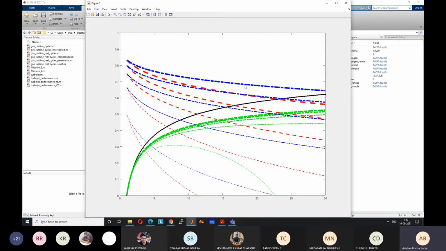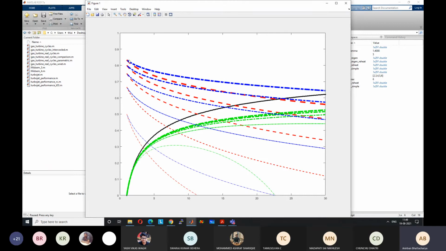Theoretically, obviously, but in real life, what will happen? Because of these additional devices, there will be more pressure losses in the regenerator and in the extra combustion chamber. So ultimately, we cannot just keep on adding more and more devices, because one is that the capital cost, the initial cost, will increase. Second is that the losses will increase, which will have a negating effect. It will somewhat temper the increase in efficiency, somewhat lower the increase in efficiency from the ideal case. But in the ideal case, you can see that we can achieve very high efficiency.